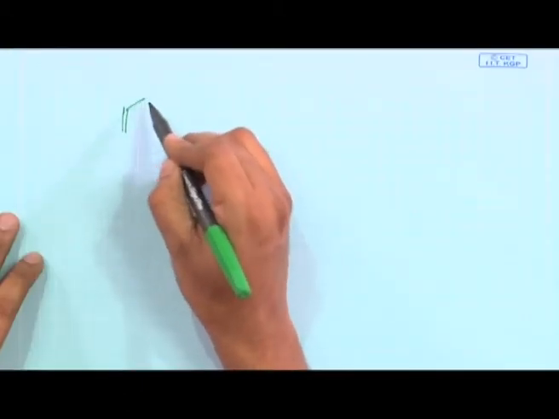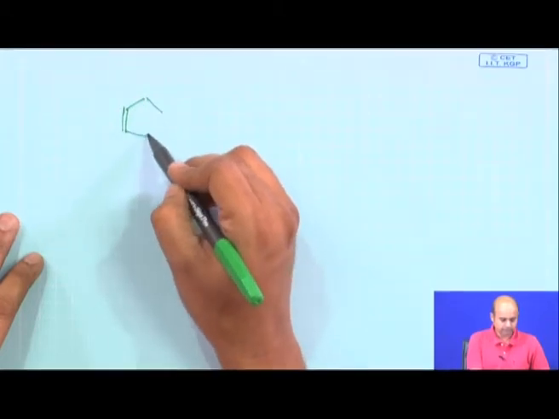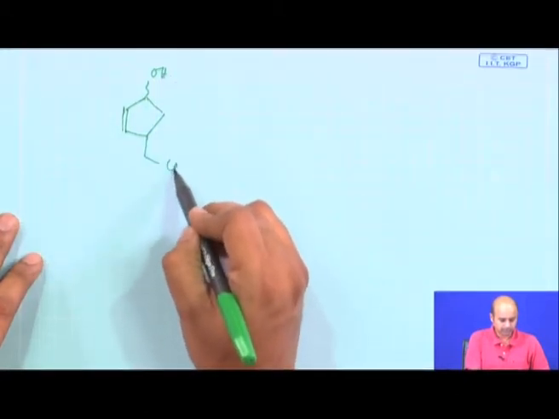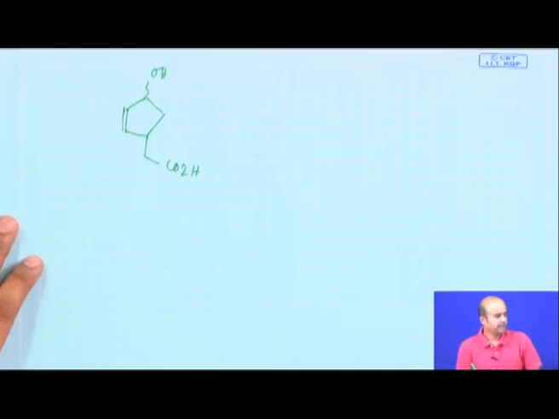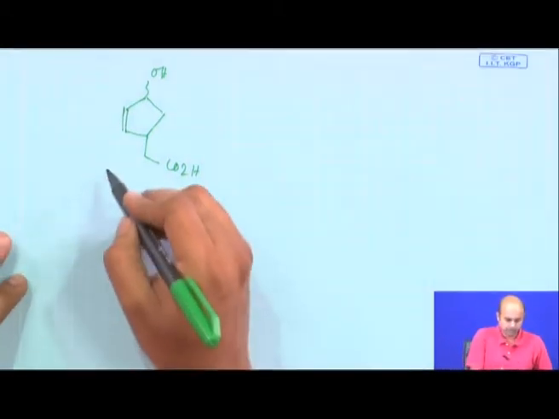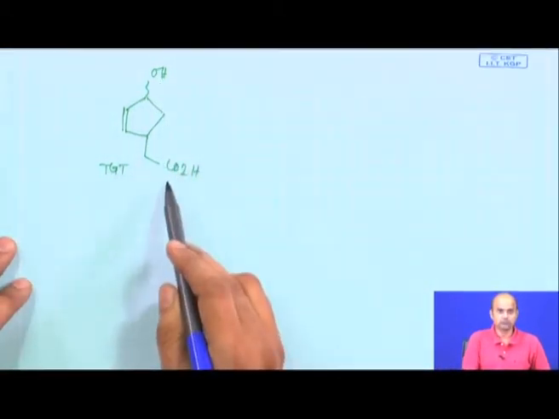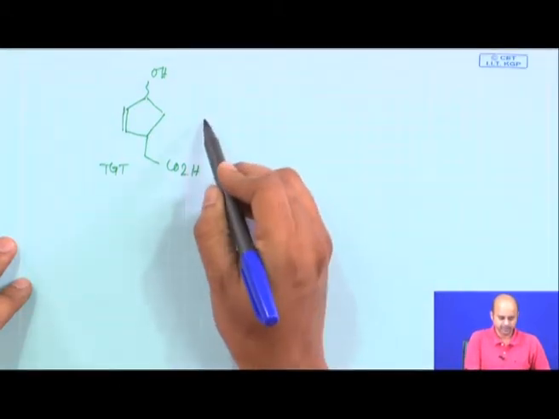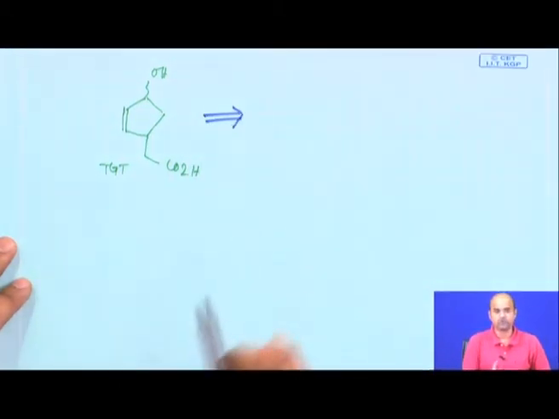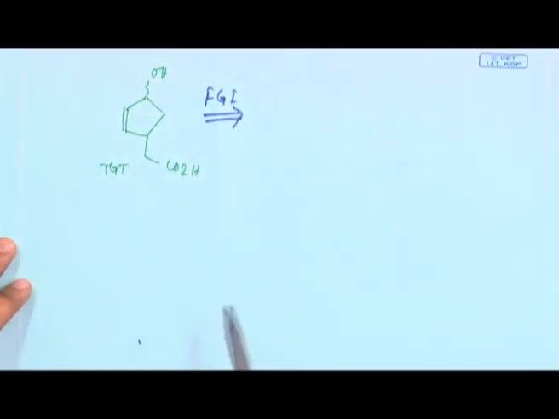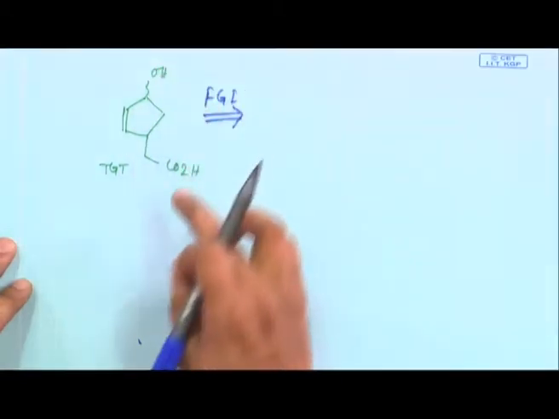The next problem is again based on a similar kind of thing, but I will give you a molecule something like this. It is a five-membered, cyclopentene based molecule. It has an OH and CH2CO2H as the target. Retro, as I said, the retros are based on transformation, functional group as well as starting material together. So, we will try doing FGI. Now, see, this is a hydroxy and this is an acid.